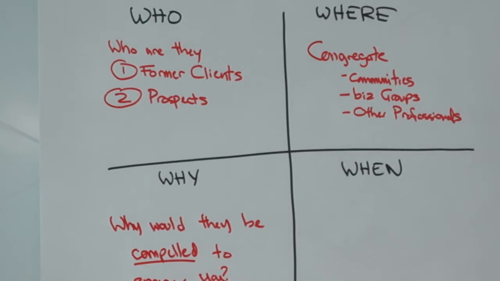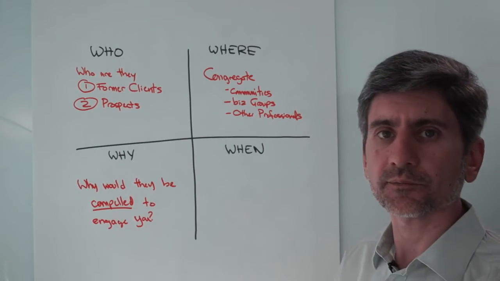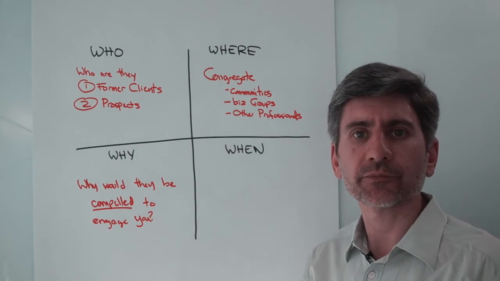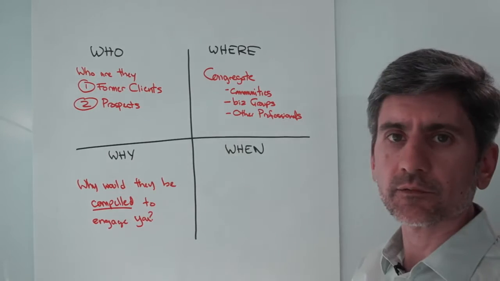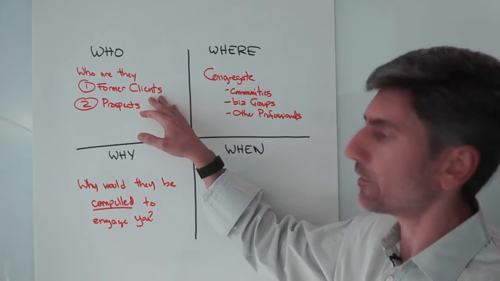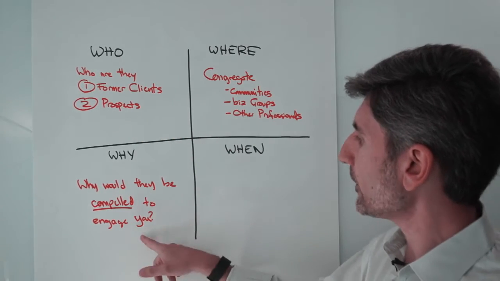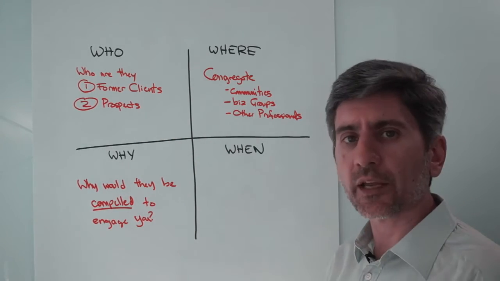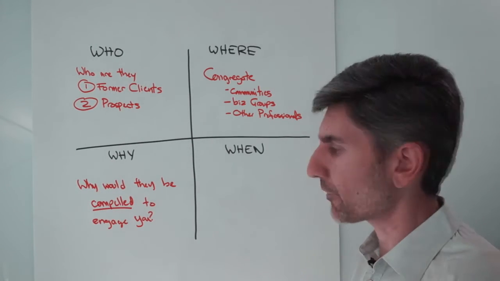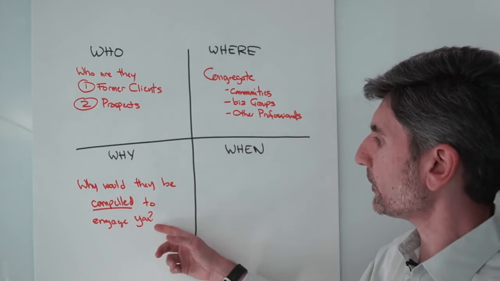All right, why would they be compelled to engage you, to choose you? Okay, and this goes to, are you a commodity or are you an expert? If you have identified the ideal client and you know how you can be a superhero to them, you found where they are, why would they be compelled to engage you? If you look like every other attorney, and this goes a little bit to positioning, and I've done other trainings on authority positioning, but why would they be compelled to engage you?